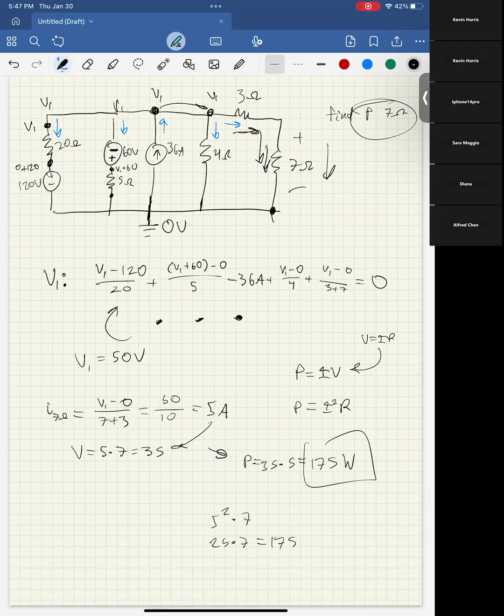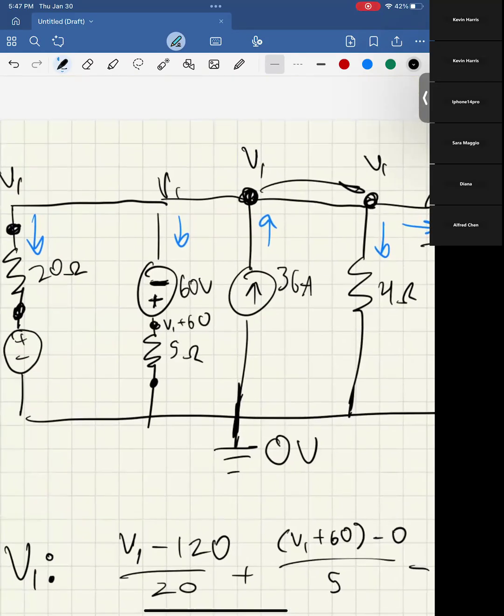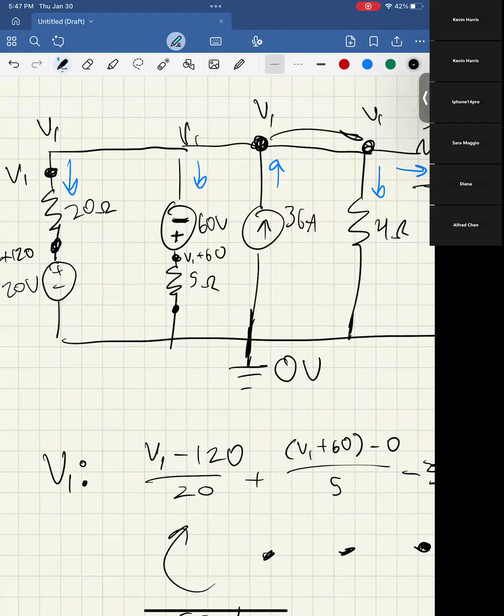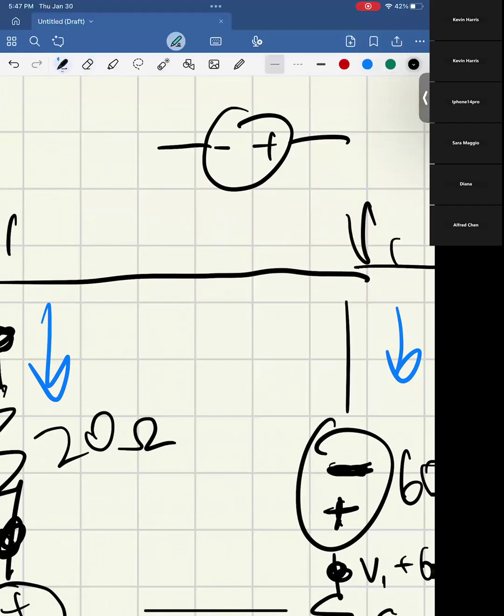And then again, why are we adding the 60 to V1? The reason we're adding the 60 to V1 here is because if you look at this, this voltage source is kind of upside down. We're used to seeing them with the plus on top and the minus on the bottom. Here, the minus is on top and the plus is on the bottom. And again, a voltage source means that from the minus side to the plus side,